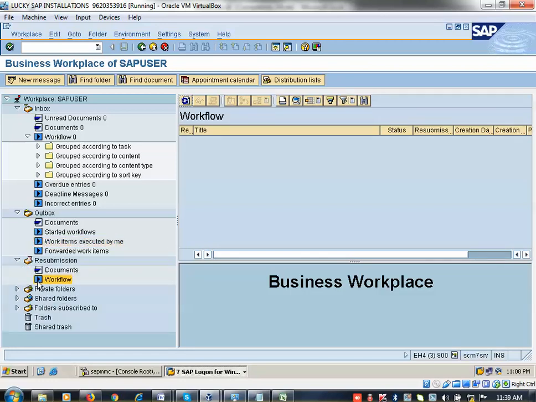Here in workflow: resubmission, private folder, and shared folder. A shared folder means the same folder can be accessed by multiple teams. Google is a shared website, anybody can use it. In the same way in real time, if 10 persons are available and you give share access, then only I can access your folder. If you do not give me access, I cannot access your folder and you cannot access mine. A shared folder means anyone who has access to this transaction can access this folder or document.